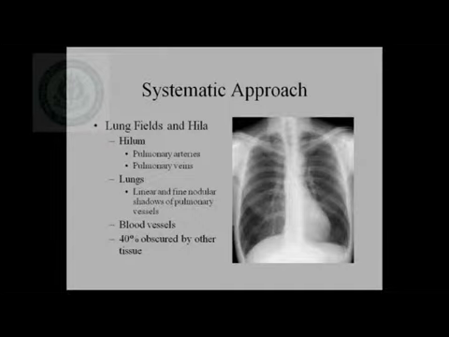The lung field proper should be interpreted starting from the hilar region. The hilum is formed by the pulmonary arteries and veins, superimposed over the lymphatics and the small lymph nodes which are normally not seen in a chest X-ray. Whereas the lung field, you divide it into medial and lateral halves. These are mainly formed by aerated lung which is intercepted by the multiple bronchial as well as the vascular shadows.